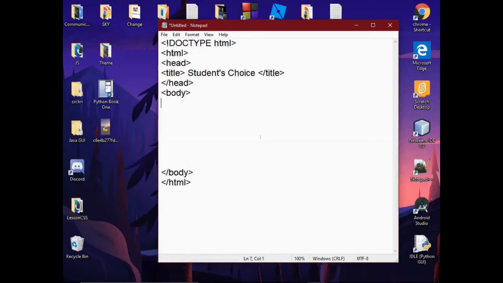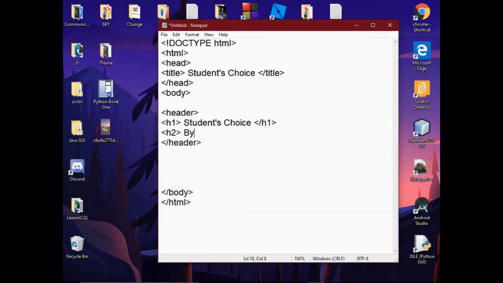Now, as I told you last lesson, H1 means the heading one. I'm gonna make a group called header. Header is kind of a group, which will have h1, which says student choice, h2, by key coders. Okay,